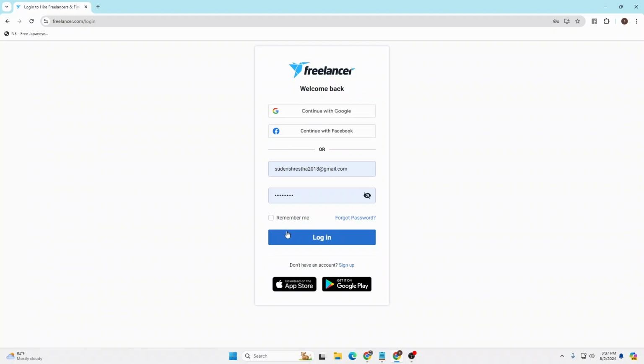But guys, if you've forgotten your password, you can always reset it by clicking on the forgot password. If you click on that button, you'll be taken to a procedure where you'll be able to reset your account's password. And that being said guys, this is how you'll be able to log into your Freelancer account on your